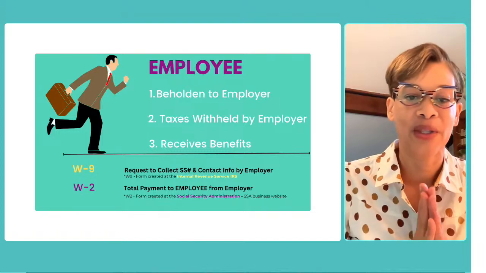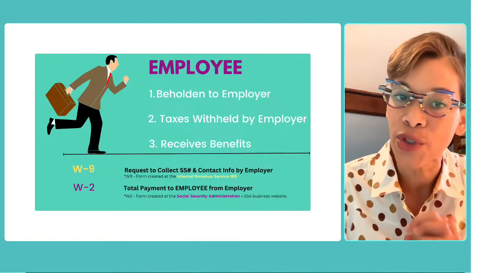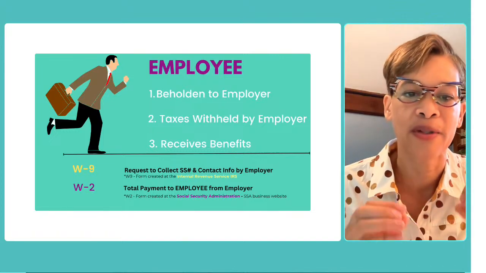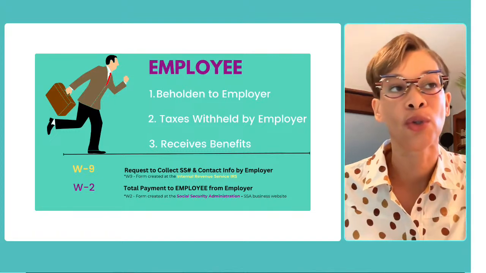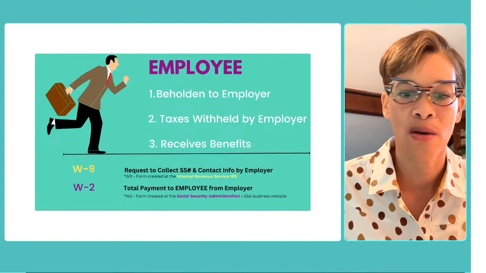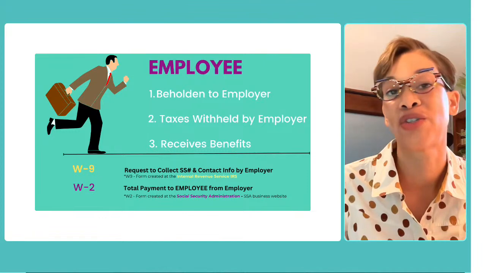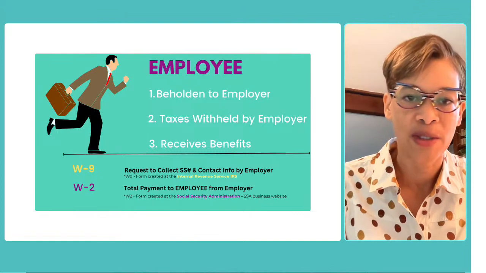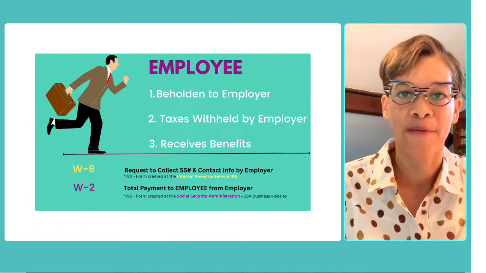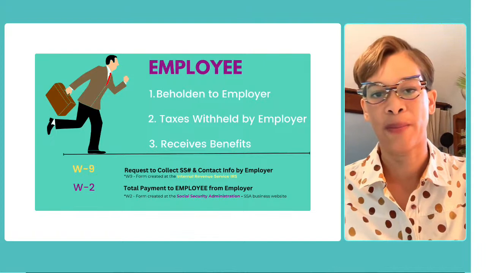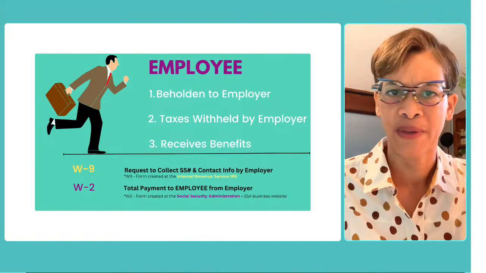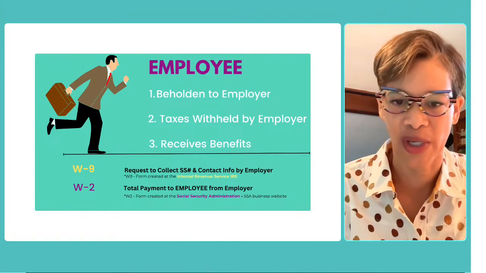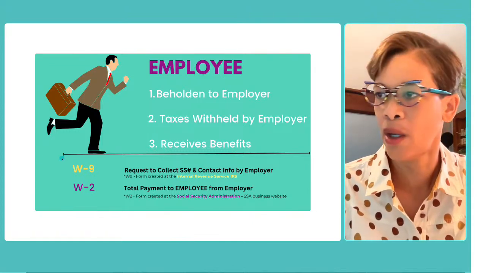That is something that a lot of people don't realize. The W-2 form, let me say it one more time, is issued by the Social Security Administration. It's a form that's created, actually you issue it, but it's created on their platform, the Social Security Administration, and it's the SSA business website specifically. So as an employer, that's where that form comes from, that you then send to your employee. And I think they need to have it by January 31st of the new year. I believe you can double check on that as well. So double check those dates.